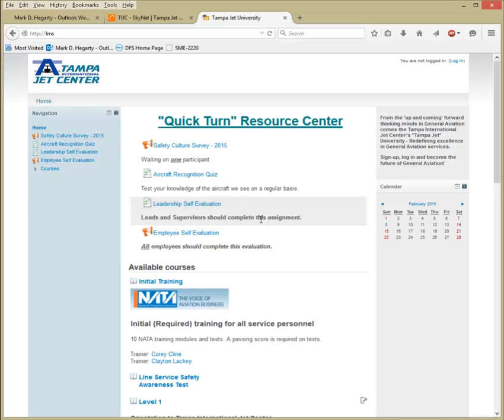Okay, if we open up the LMS, we are not currently logged in as a user, but we can see that there are options on the screen. I've added the Quick Resource Center to the top. This is where we can put things that we want everybody to have access to. If it's something temporary, we just need their input on something, we can place it up here, like the